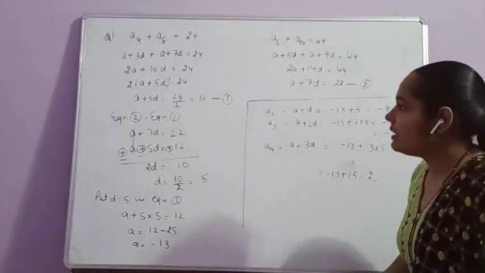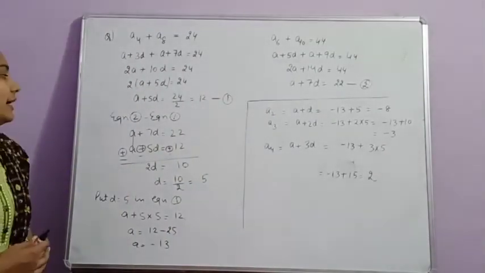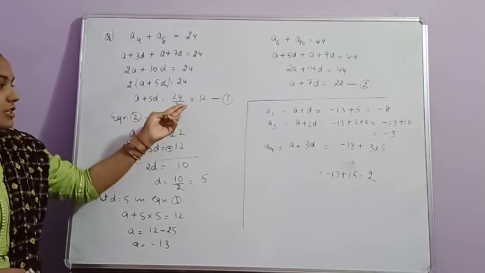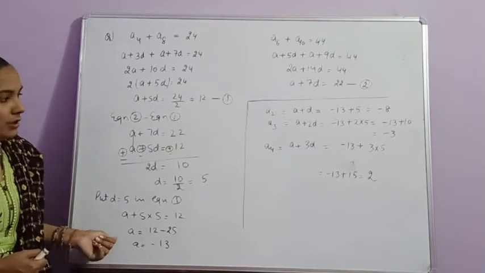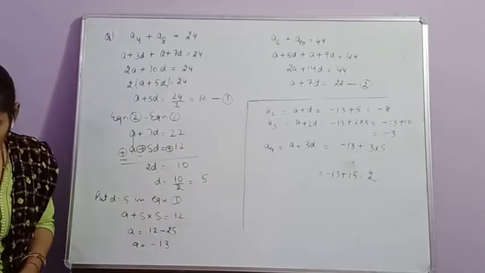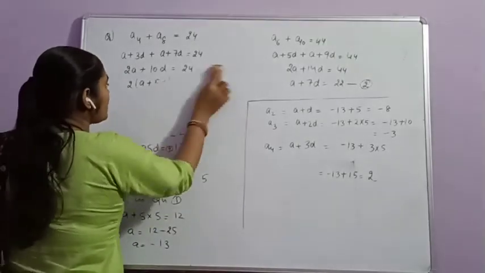Clear? Firstly, we solve out the given equations in the form of A and D. Then we find value of A and D by solving these two equations. Then put the values to find second term, third term and fourth term. Clear? Last question is